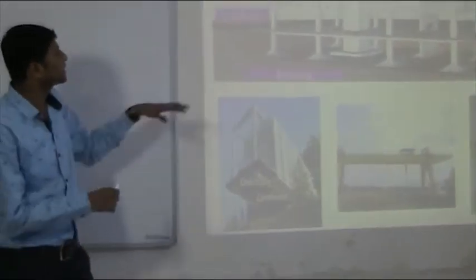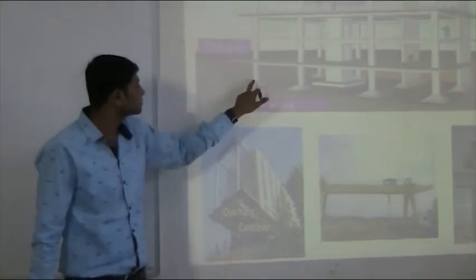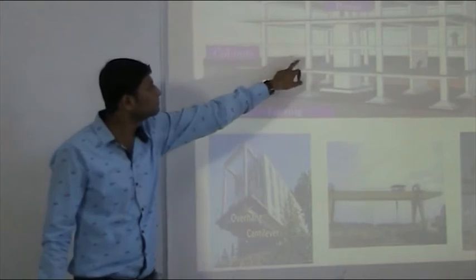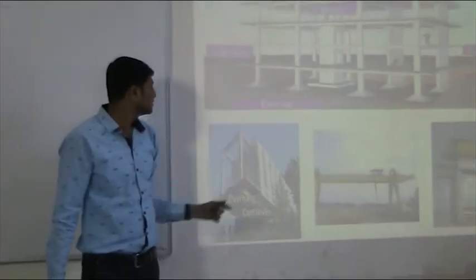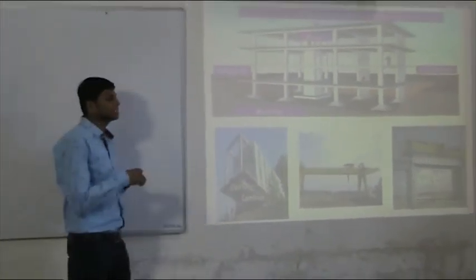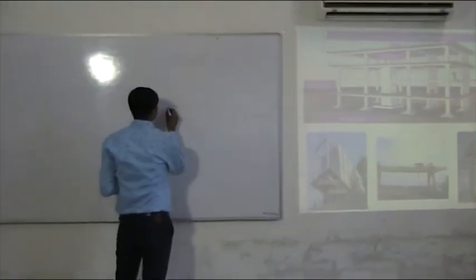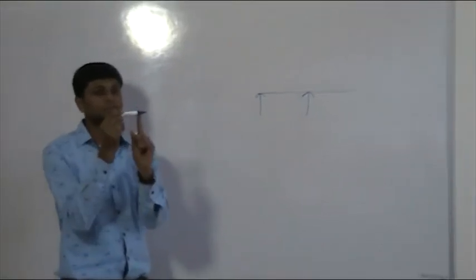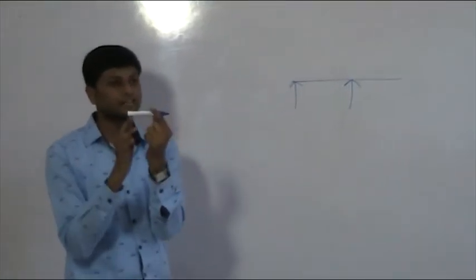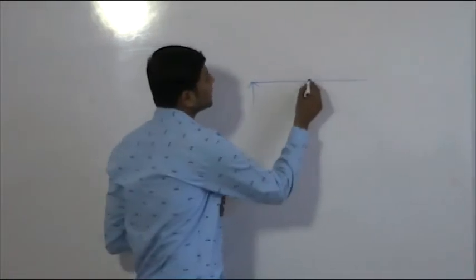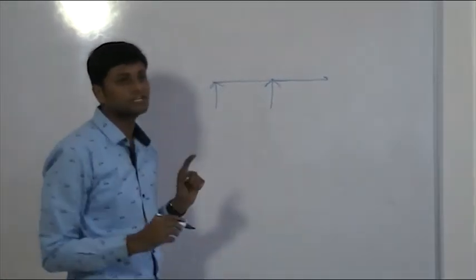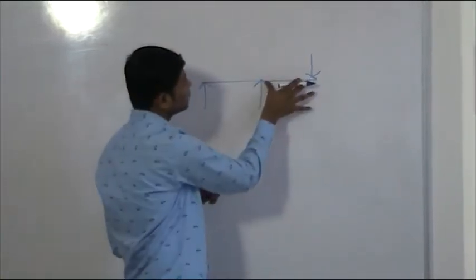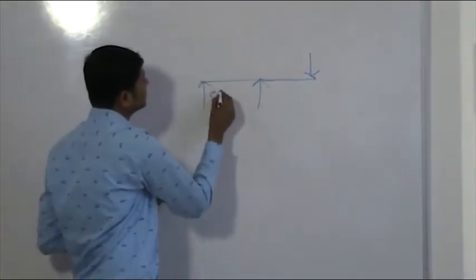Next, these are the different components in 3D view. These are the footings which have more base area. This is column, beam, and cantilever portion. Overhang cantilever means if there is a beam, this is a support. Assume that this is a beam which is supported here, and again supported here. But if there is a portion outside the support, and a load is applied here, then it will be different. This portion is the overhang portion and this portion is simply supported.